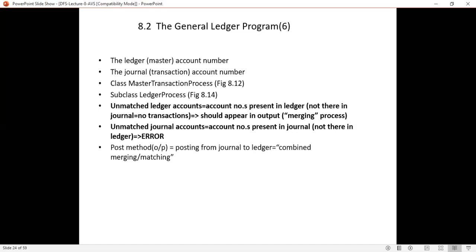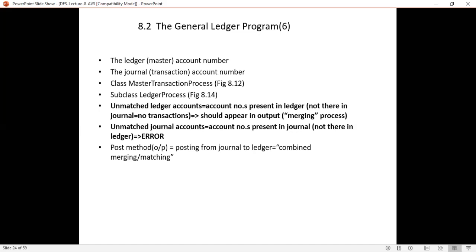when does an unmatched journal occur? You have an account number in the journal file, and that particular account number is not there in the ledger file, then you say it is an unmatched journal account. In that case, you have to create an error.